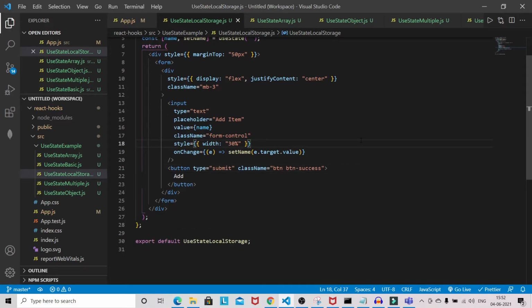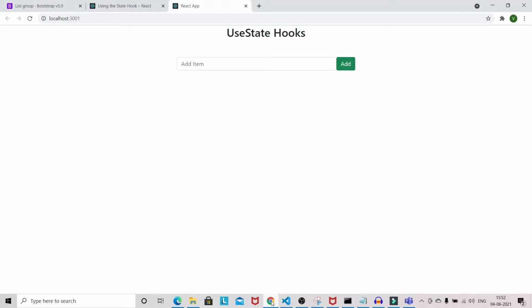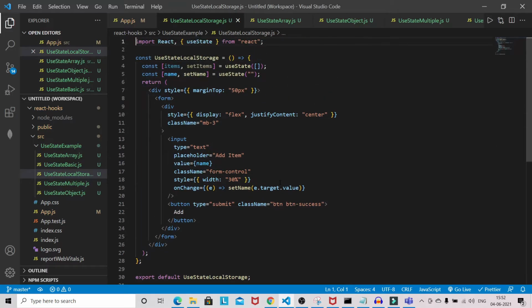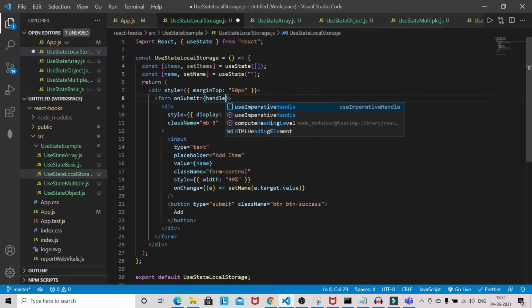Now let's see the add button. So we got a nice input element with the button. Okay, now we have to attach a handleSubmit on form submit. Okay, handleSubmit.